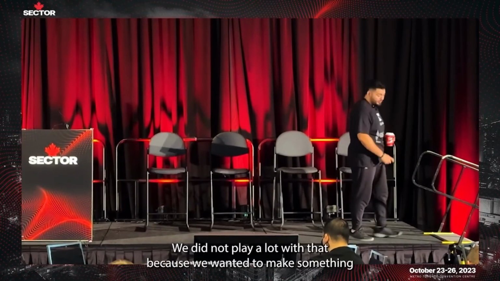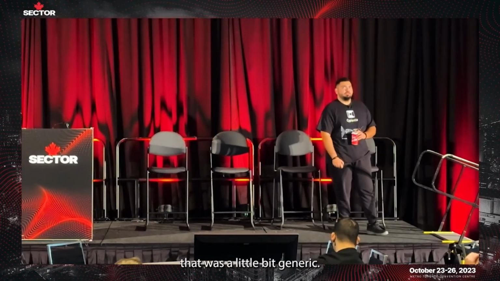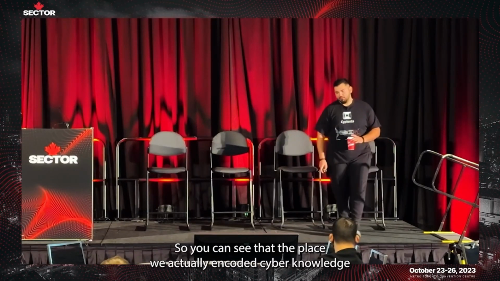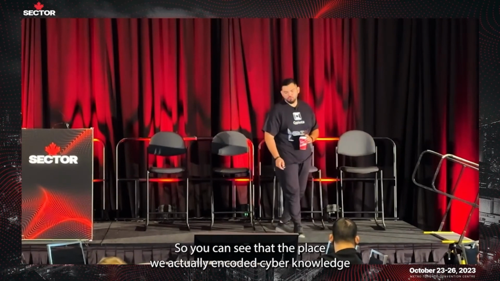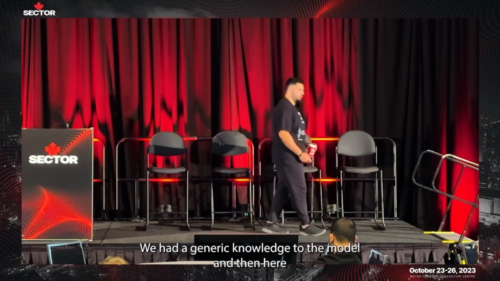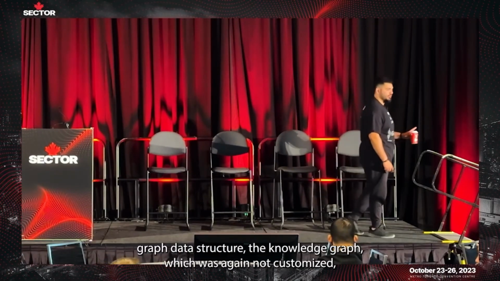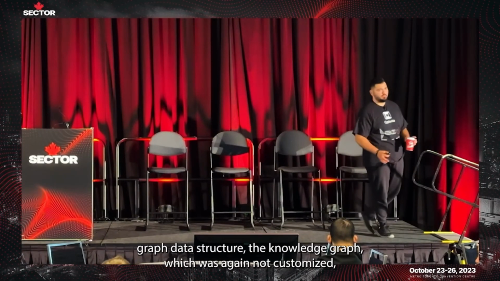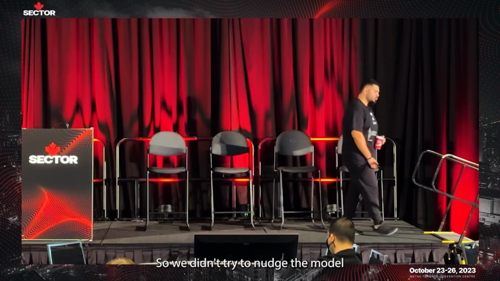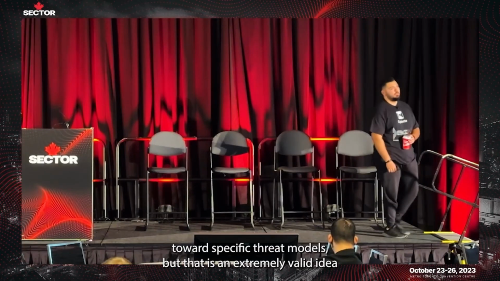That's an outstanding question. We did not play a lot with that because we wanted to make something a little bit generic. So we wanted the cyber knowledge encoding to be as generic as possible. The place we actually encoded cyber knowledge was mainly in the large corpus. We added generic knowledge to the model, and then we based our knowledge encoding on the cyber graph data structure, the knowledge graph, which was not customized. It was generic, coming from SciGraph, right? So we didn't try to nudge the model towards specific threat models, but that is an extremely valid idea to